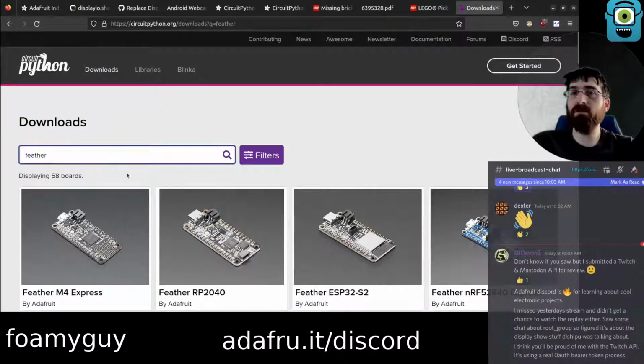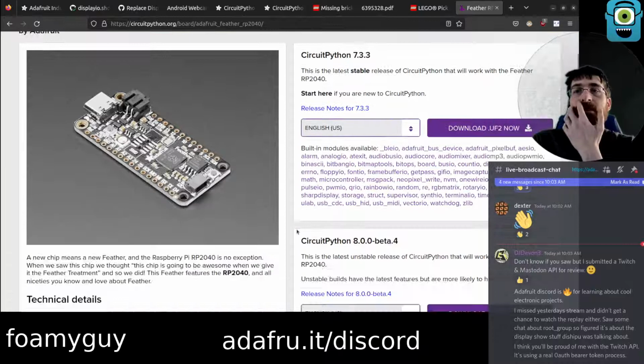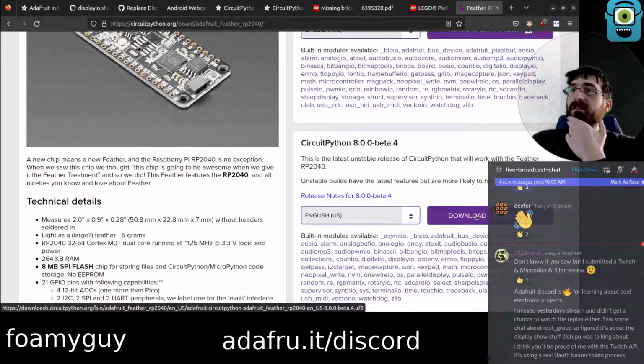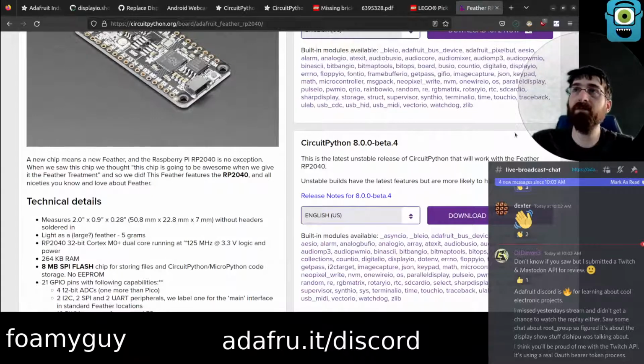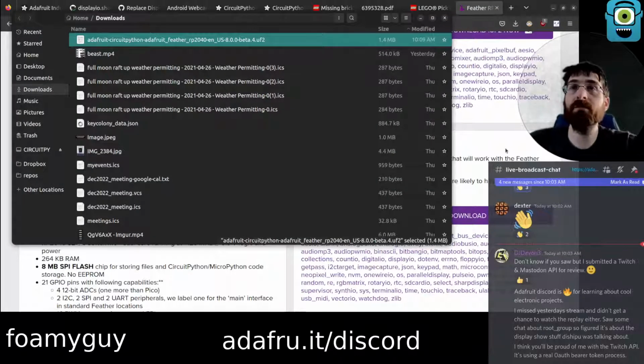Missed yesterday's stream. Feather. Didn't get a chance to watch the replay. Yes, root group. It's basically the same stuff we're working on today. Just yesterday we did the e-paper version, as well as some of the cleanup in what I'll call the standard display version, regular SPI display like PyPortal and all the other built-in regular displays, Feather TFTs.